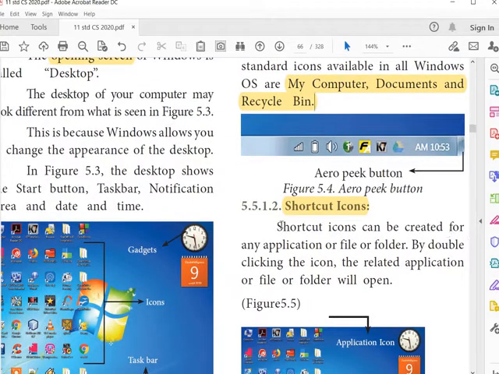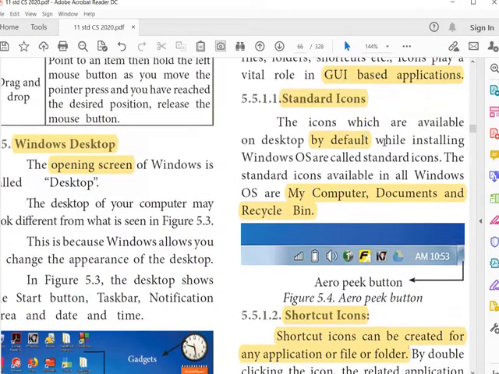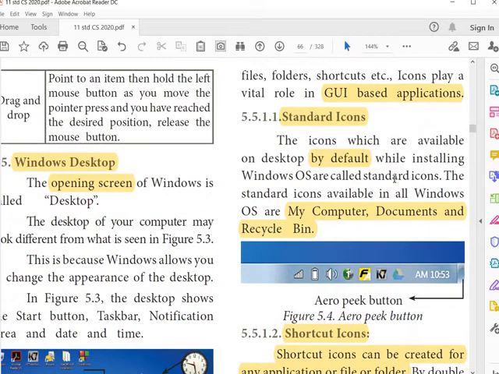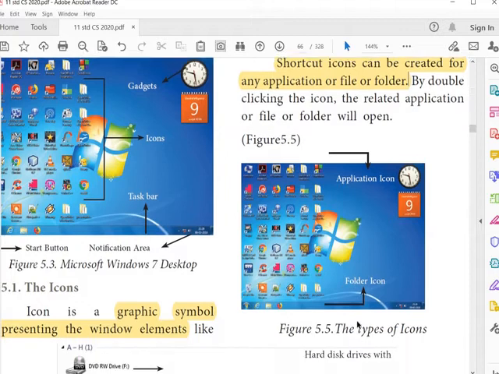Shortcut icons can be created for any application or files. By double clicking the icon, the related application or file or folder will open. Shortcut icons can be created by the user. Standard icons are created by default. So that is the difference between the standard and shortcut icons.